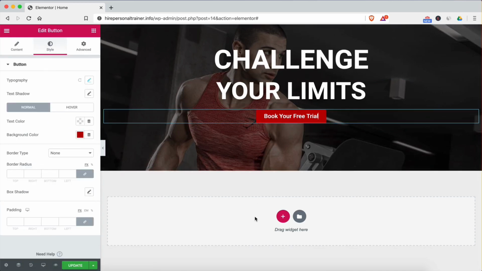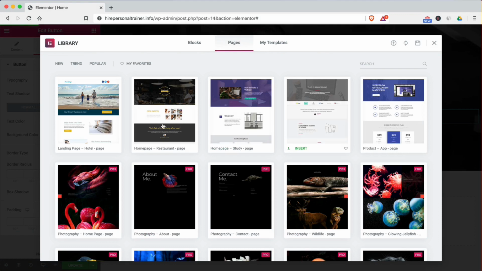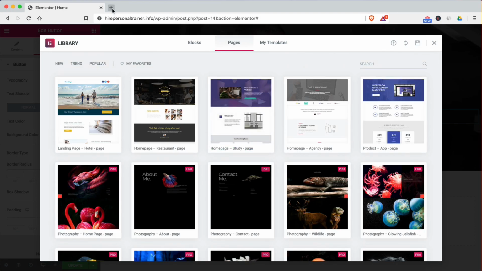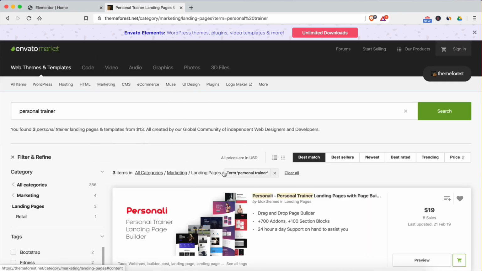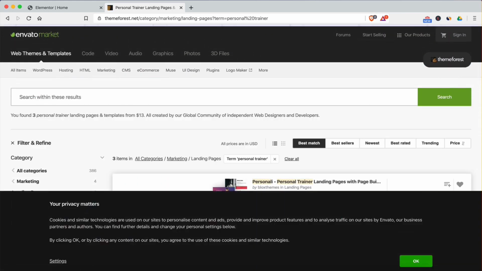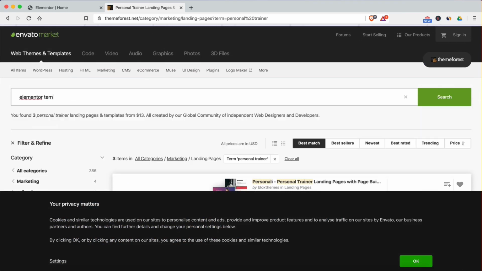And then another cool thing that I want to share with you guys here is you can actually use templates, right? So Elementor also comes with some templates, and the same way you can find themes for WordPress, last time I showed you ThemeForest, you can also find templates for Elementor, right? So if we type like Elementor template,